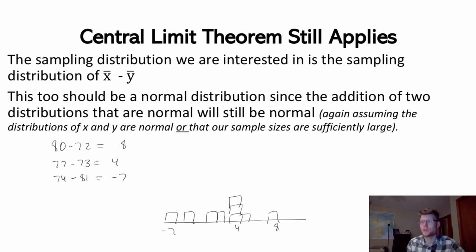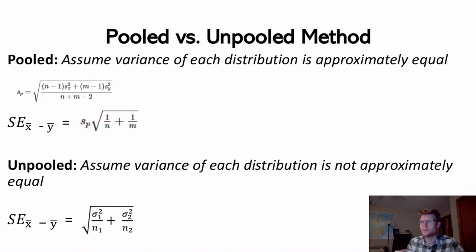And according to the central limit theorem, there's a very good chance this distribution is going to be normally distributed if one of those two assumptions is true: that the two distributions are already pretty normal, or that I have sufficiently large sample sizes such that X bar and Y bar would have normally distributed distributions. All right. So if we can run ahead with that assumption, then we can again use a t-test to help